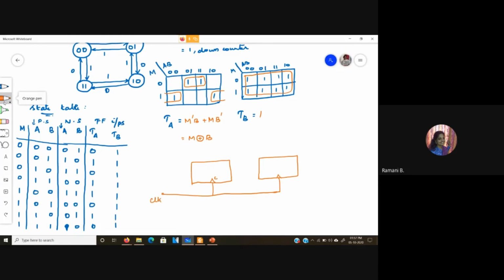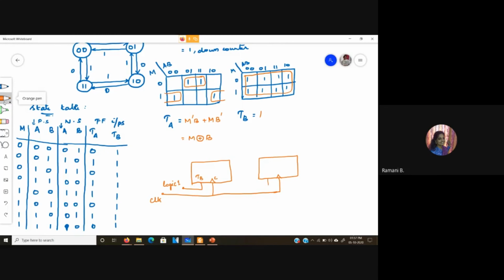So this is our clock pulse. And for the least significant bit, let this be TB. This is logic 1.